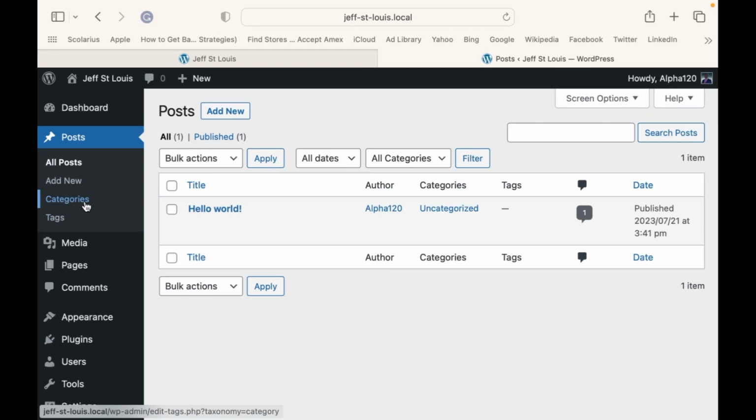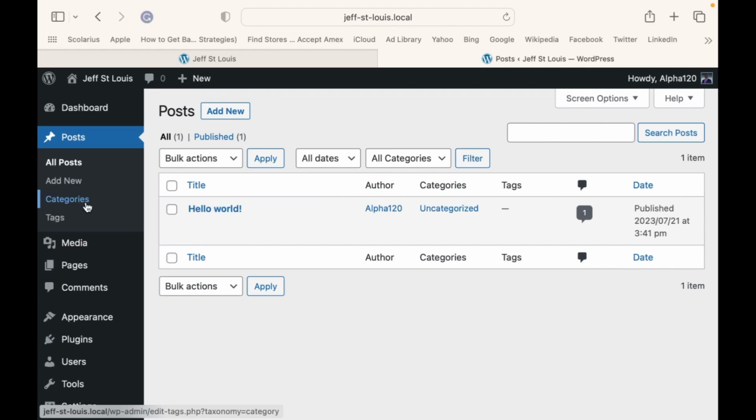Here, under categories, you'll be able to add categories to organize your blog posts. If you want everything to be organized, like you have music, you have poems, you have products, anything you want to categorize, you will be able to add the category name by clicking categories, and you will have access to write the name of the category. And when you publish a blog post, you will see the option to choose which category this